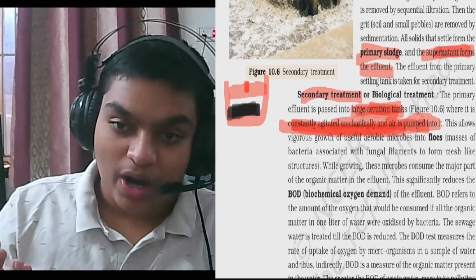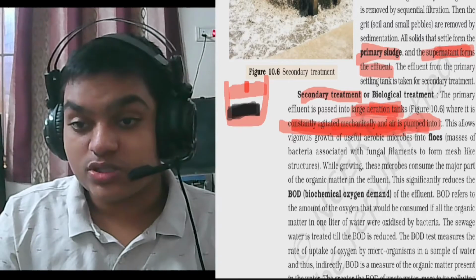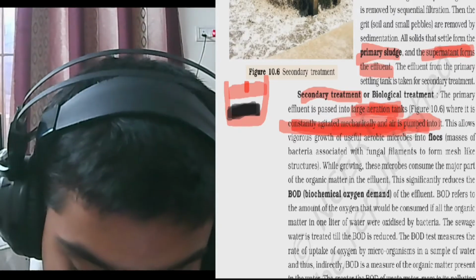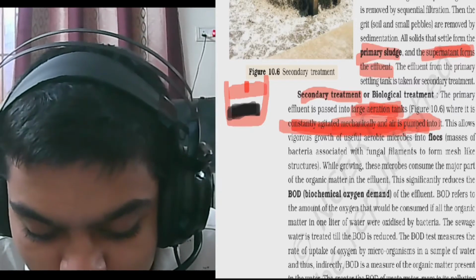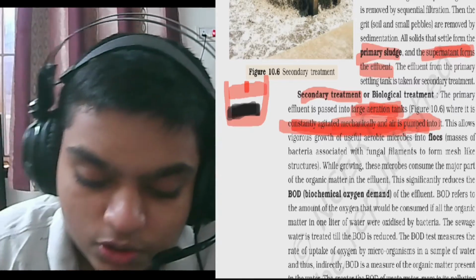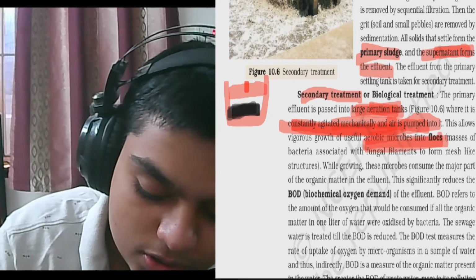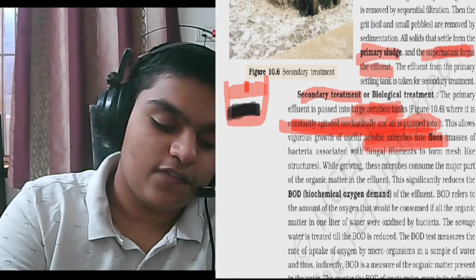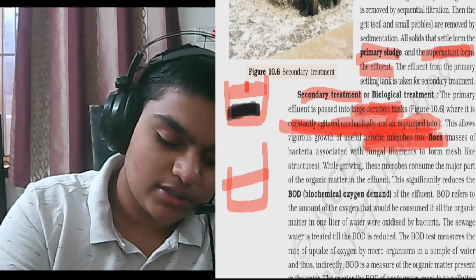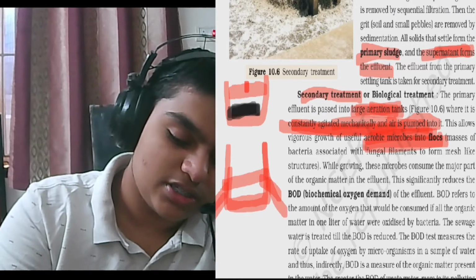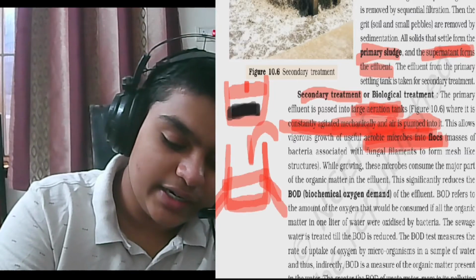These are also called oxidation tanks. This allows vigorous growth of useful aerobic microbes into flocs. Now what we do is, we pump air into these oxidation tanks, and we add a little amount of